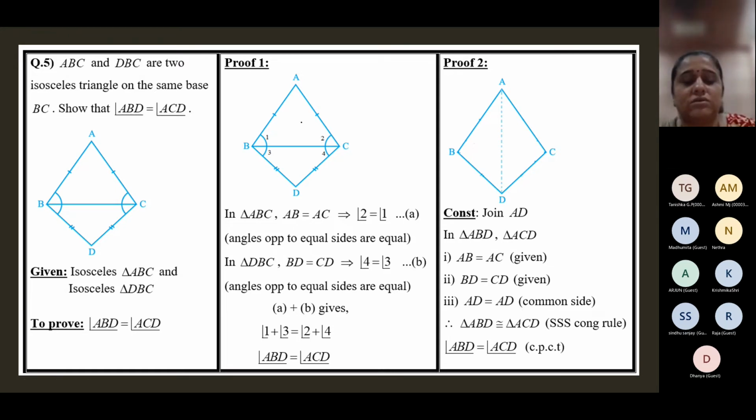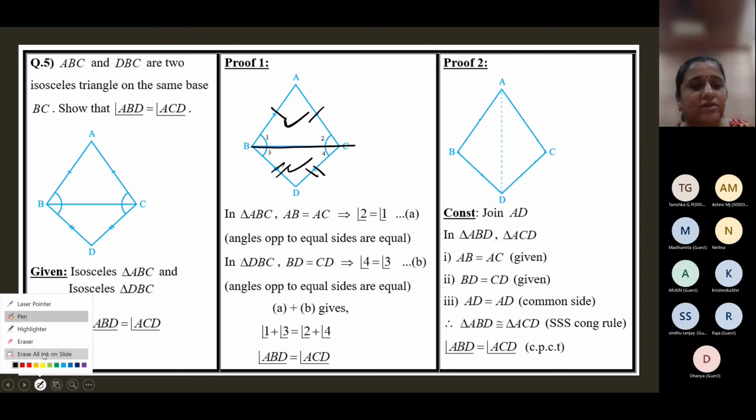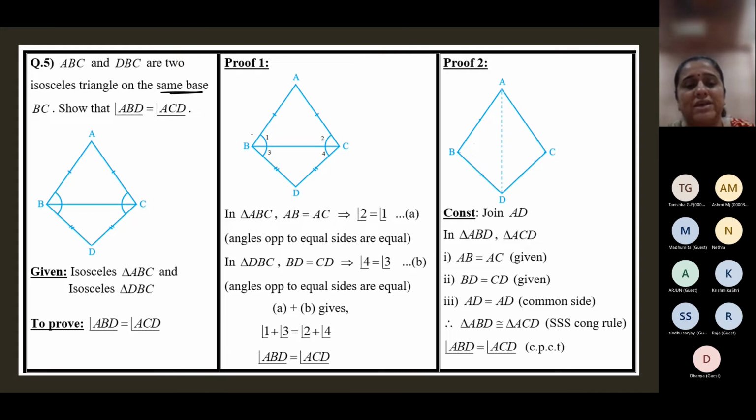Okay, so here in this figure, ABC is an isosceles triangle and DBC is also an isosceles triangle. The triangle above and below both are isosceles triangles. In the triangle above, this side is equal to this side. In the triangle below, these two sides are equal. They stand on the common base BC. Whenever it's an isosceles triangle, when they say common base, that base will not be any of the equal sides. A triangle has three sides. Whenever they use the term base for an isosceles triangle, that is not any one of the equal sides.